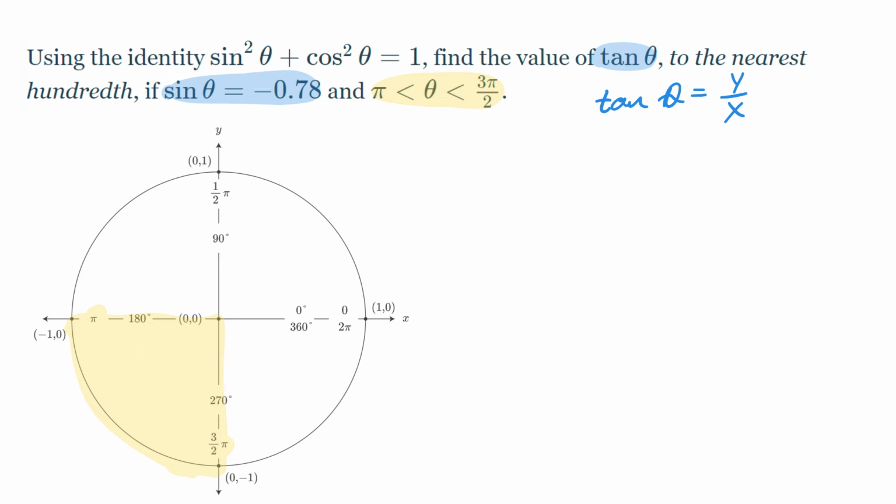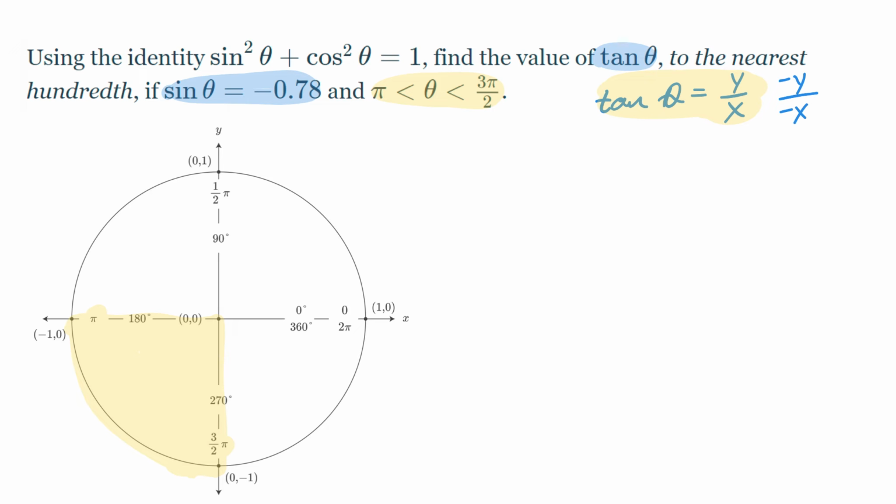So the y value is negative in the third quadrant, and the x value is negative. So when a negative is divided by a negative, it becomes positive. All right, so here's what we've got to do. One, we've got to keep this in mind because this is what we're going to have to fall back on, just like that. So we need to find what the cosine value is, because once we have the cosine value,